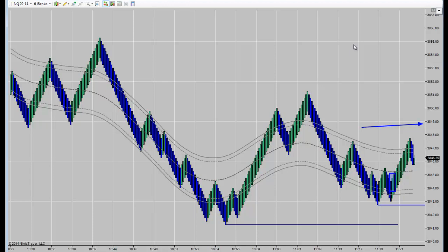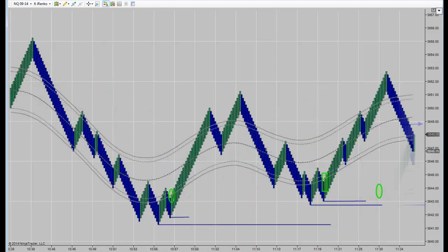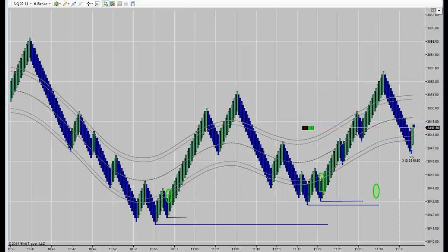We only take long entries out of higher pivot low base setups, and we only take short entries out of lower pivot high base setups. We utilize the iRenko to see angular price action, which we call geometric price action analysis. This is visually intuitive trading, to see the same repeating patterns day after day to pick high probability entry points. In this example, I will be trading the NQ contract out of a sequence of higher pivot